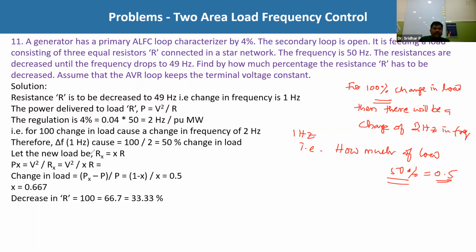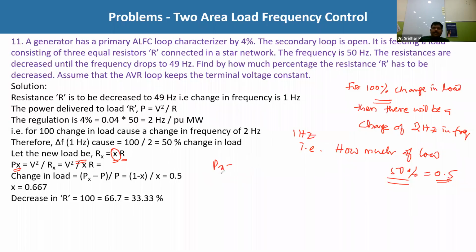Now let the new load resistance be Rx. Just now we discussed that Rx is X percentage of the initial resistance. He is asking by what percentage the load resistance will be changed. So that percentage is X percentage into R. Associated with this, the power supplied to the load is Px equal to V square by Rx, that is V square by X into R. So the change in load is